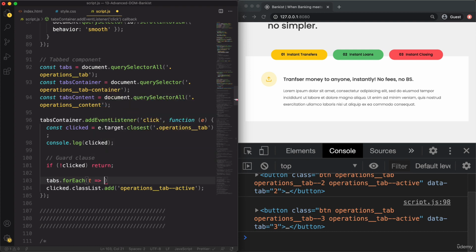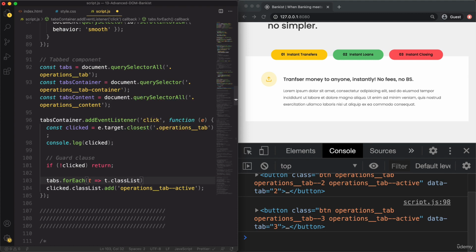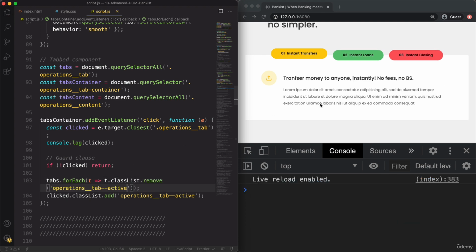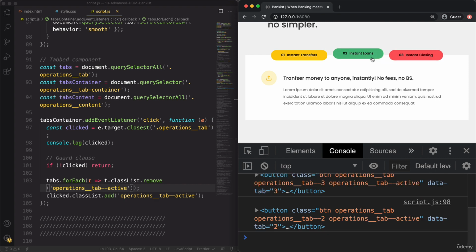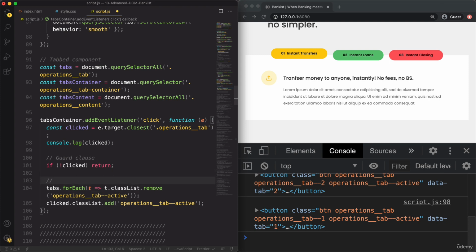And so each tab I'm simply calling T here, and then tab dot class list dot remove. And so now that should work. And yeah, it does. Okay, so this is something that we do quite usually. So basically clearing the class on all of them and then only add it afterwards on one of them. So let's add a comment here,